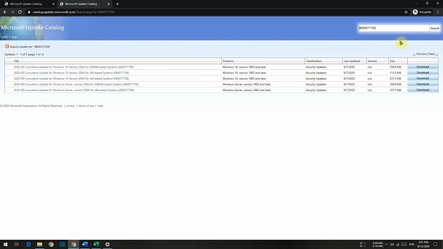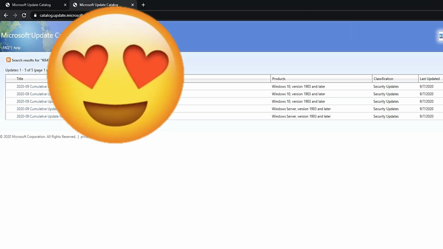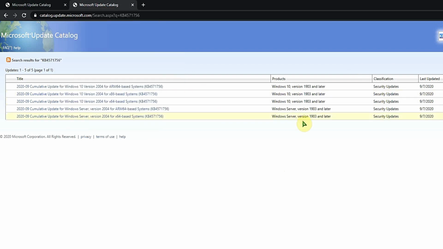So I will search for this particular KB and these files are the ones that are listed on my screen. The first three links as you can see are for Windows 10. Now which one to download? The first one is ARM64, the second one is for x86, the third one is for x64 based system.